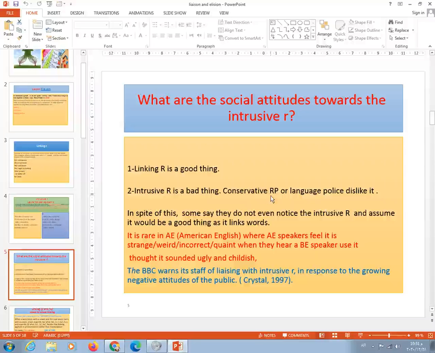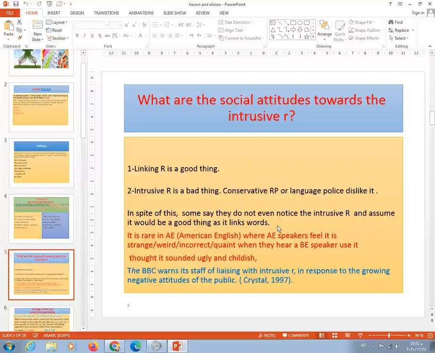They believe in conservative values, and they uphold these values, and they are against all that they think is not necessary. So they say, why insert an R, there is no need for that. They are resisting and they are against it, but